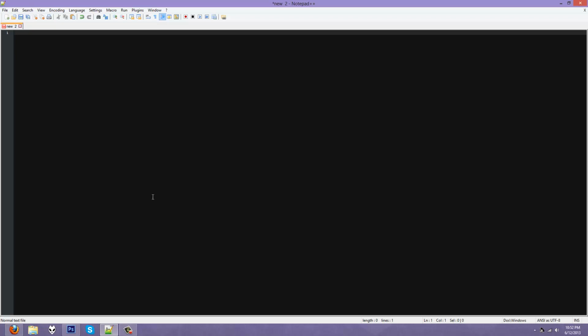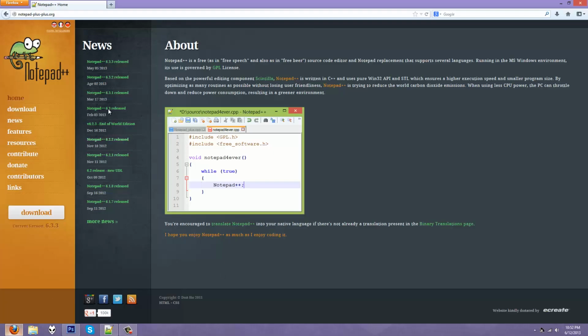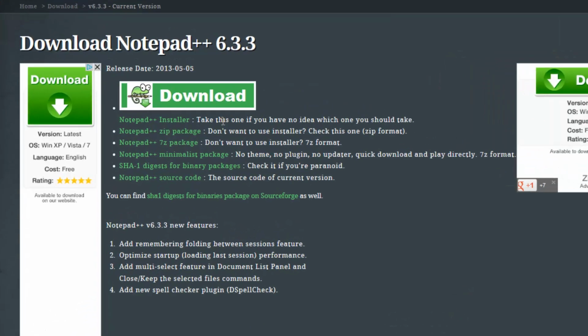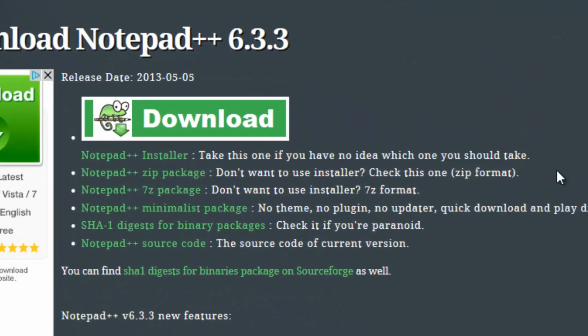So to download this, we can get Notepad++ from notepad-plus-plus.org. Link is in the description. Just click on the Downloads tab, and you'll most likely get this Notepad++ installer. This one will just have an exe file, which is the one that I downloaded. You can also get the zip or the 7z, which is pretty much almost the same thing. The minimalist package, that's just